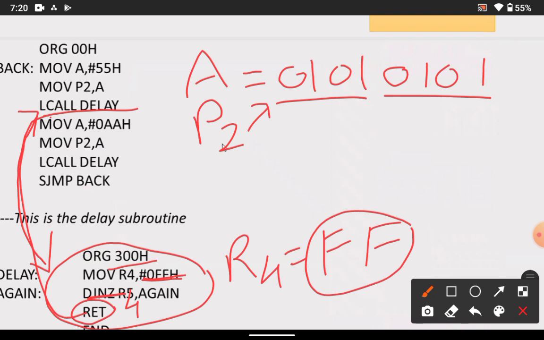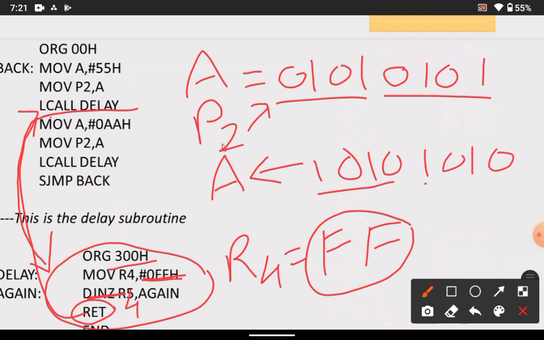Now MOV A, #0AAH. Now A consists of the value AA, which can be written as 1010 1010. Now we move that value again to port 2.